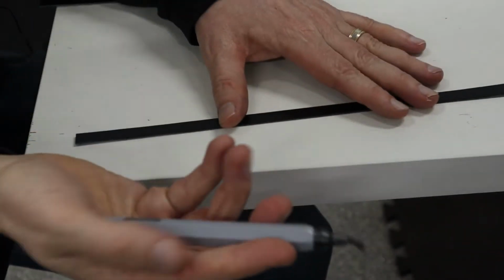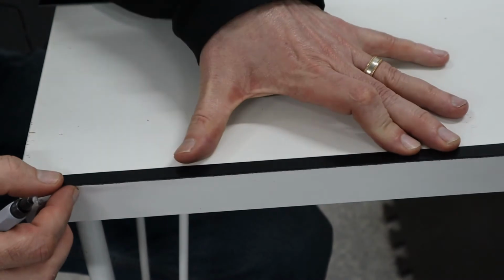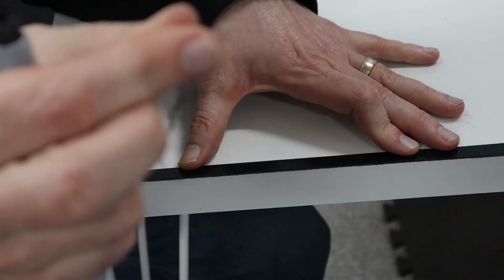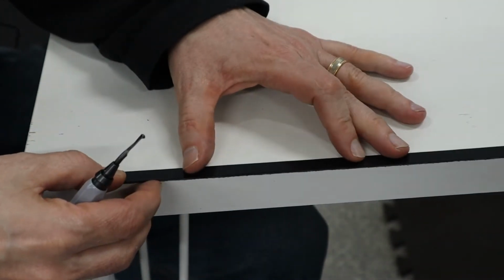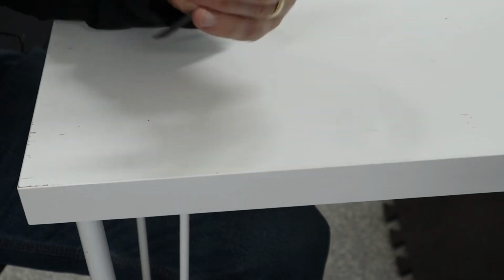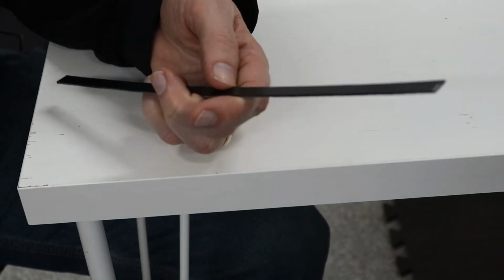So I have a deburring tool here, and I just take the strip of plastic and put it on the edge of the table, and then just take a quick run across it, and you can see it produces a thin bit of plastic. And now it's a smooth edge and there's no burr. So I just do that to both sides, and when I'm not filming it's pretty fast, but it still does take time. So one of the things you're going to see with this whole process is that this is pretty